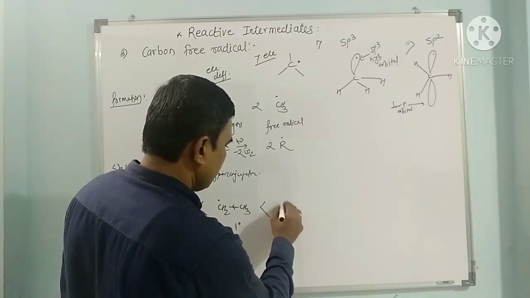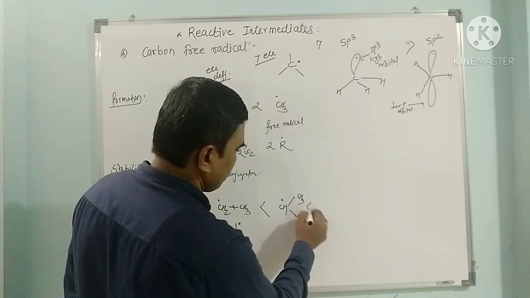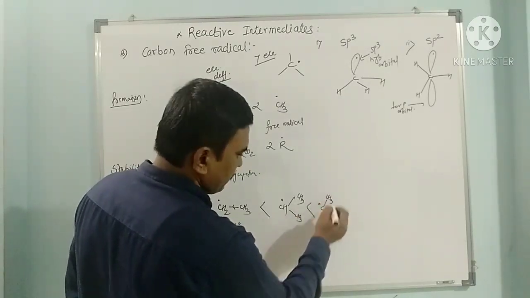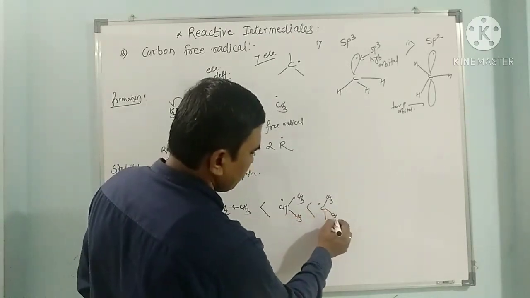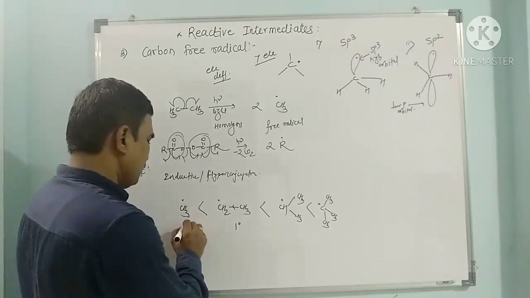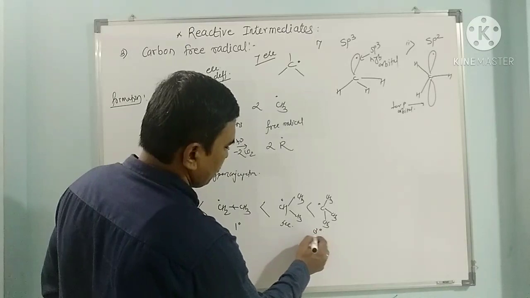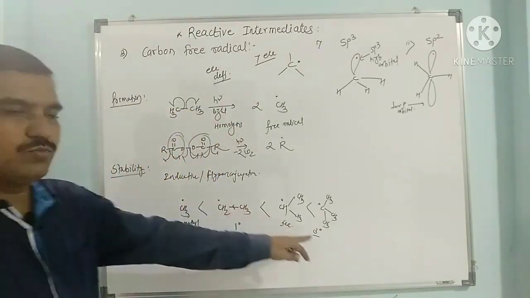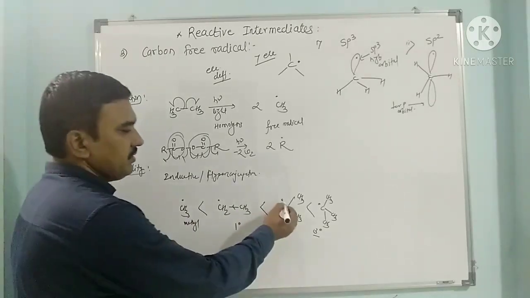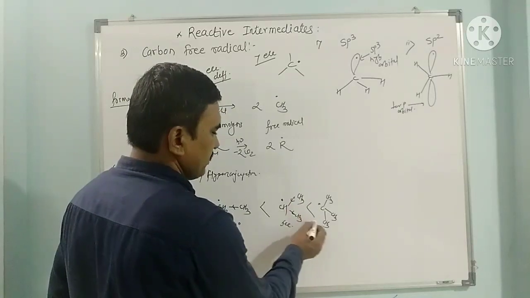And it is stabilized further; it is less stable than this, meaning tertiary butyl is more stable. So this is methyl, this is primary, this is secondary and this is tertiary. Tertiary is more stable than secondary, and secondary is more stable than primary, because this is electron deficient and the deficiency is relieved by donation.